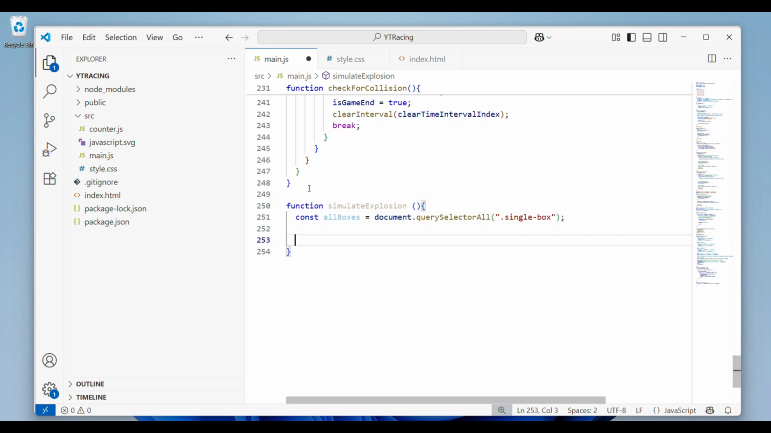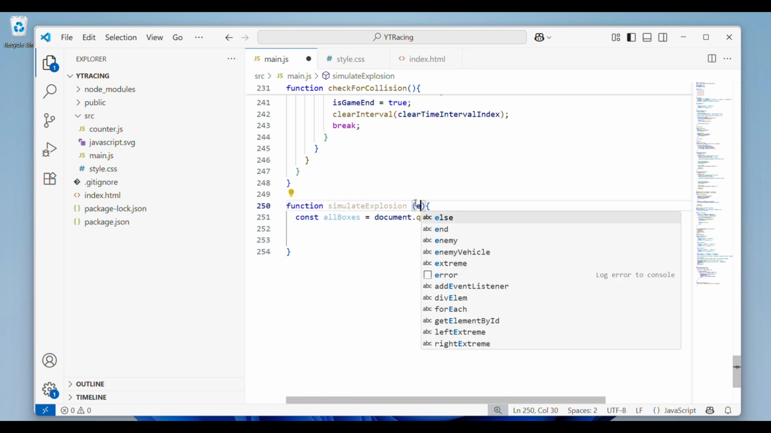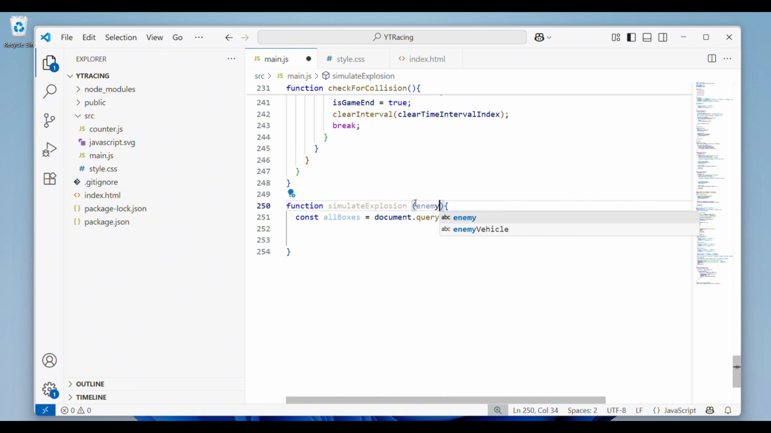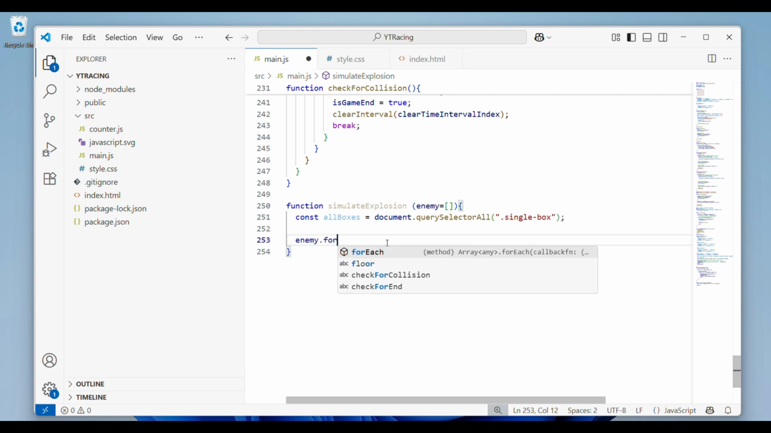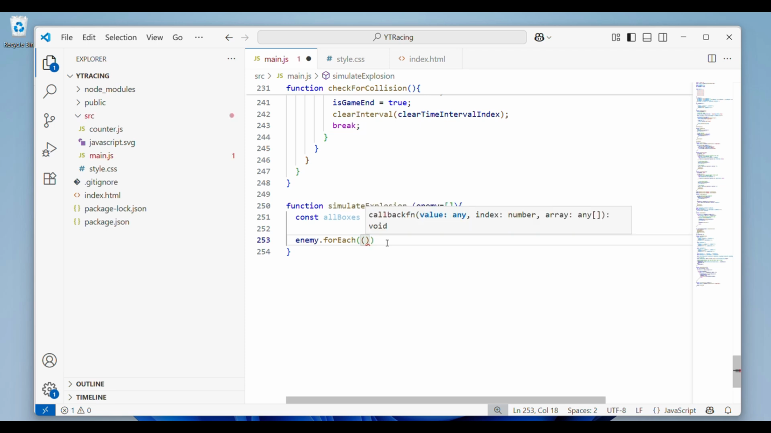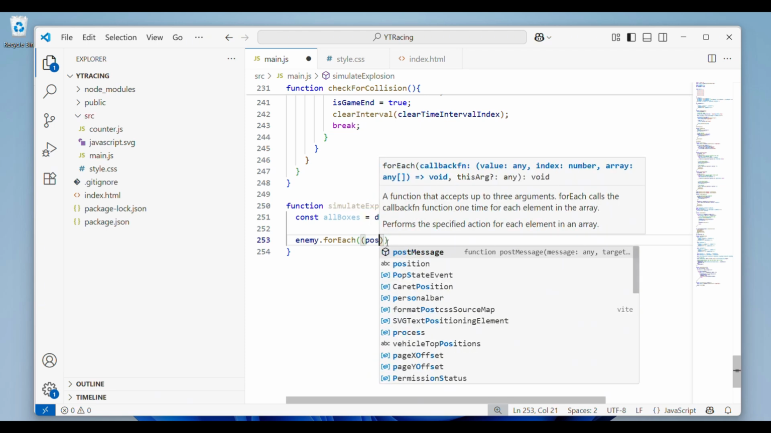Now we want to clear everything on this screen. So everything on the screen would mean not everything. We just want to remove the enemy vehicle we hit and our own vehicle off the screen. So here we're going to say enemy, because we're going to be passing the enemy we hit, and then we're just going to say enemy.forEach, then position,